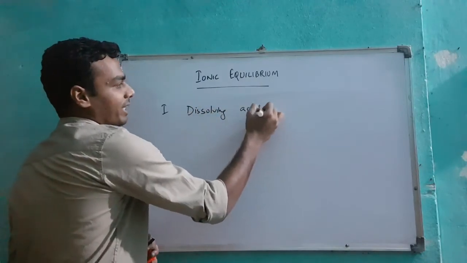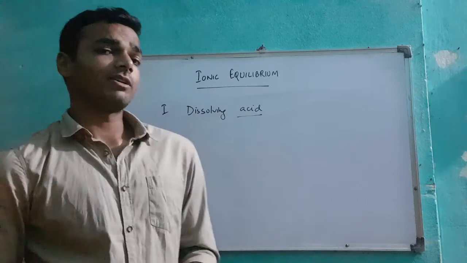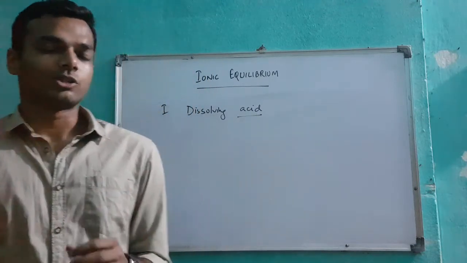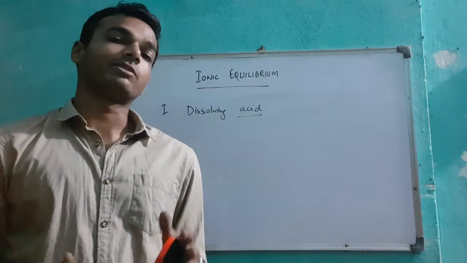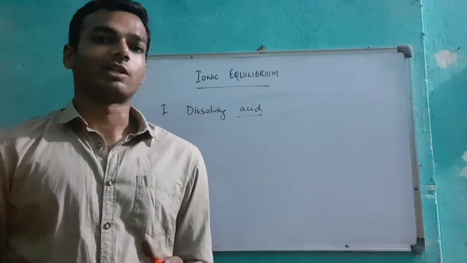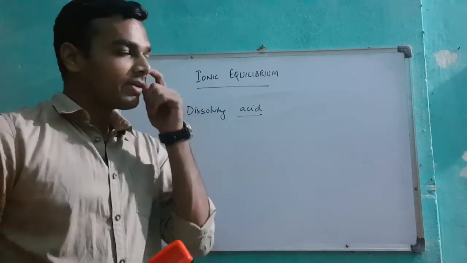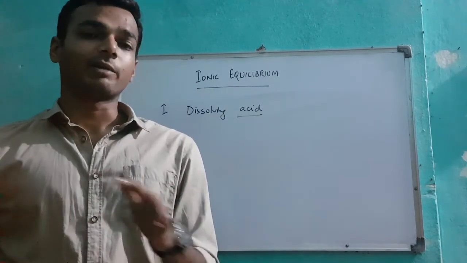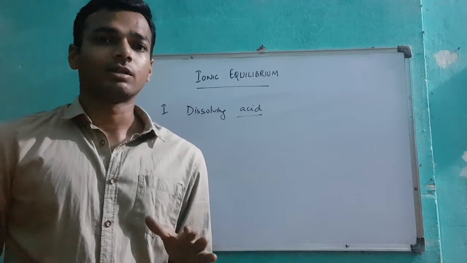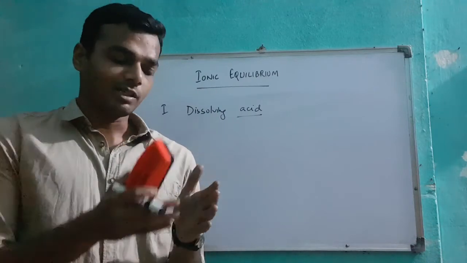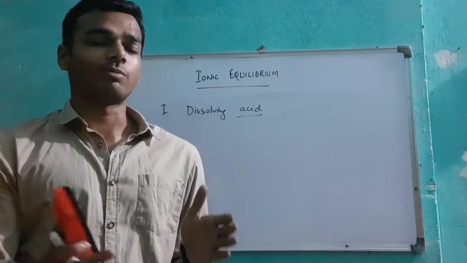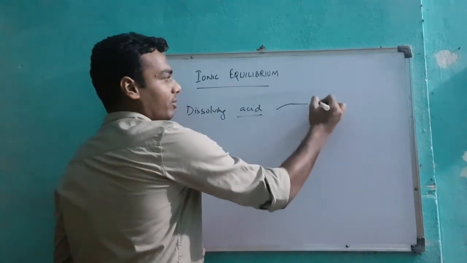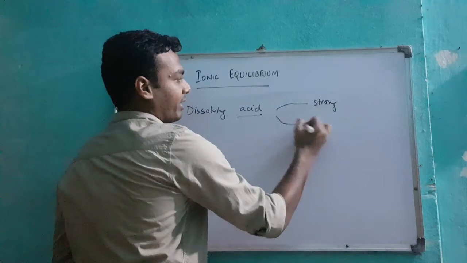So the first is dissolving acid or base. So I will talk about an acid first. Now an acid or a base can be divided into two types, strong and weak. Strong is of course the molecule that produces more ions, weak is the molecule that produces less ions. Now when we have come to ionic, where molecules are dissociating into ions, we now treat every chemical as an electrolyte. An electrolyte is one in which one molecule dissociates to form more than one ion. So acids are of two types, strong and weak.